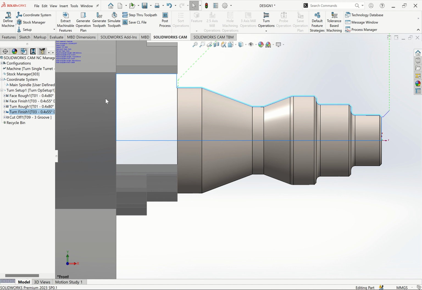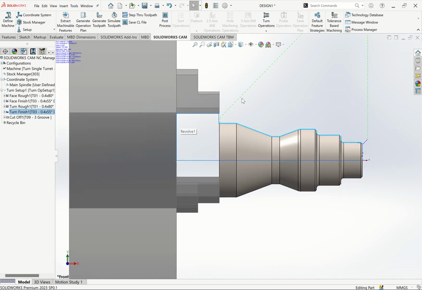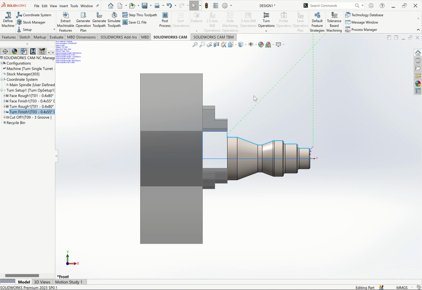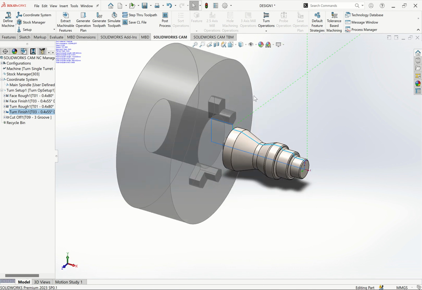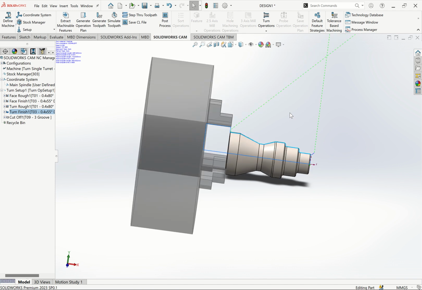And then what it has shown us here is what you call the chuck. So we are using a 3-jaw chuck. It is holding our part. If you look at this, it is holding our part on this side. In case you see these jaws are so close to this, what you do is you go to stock